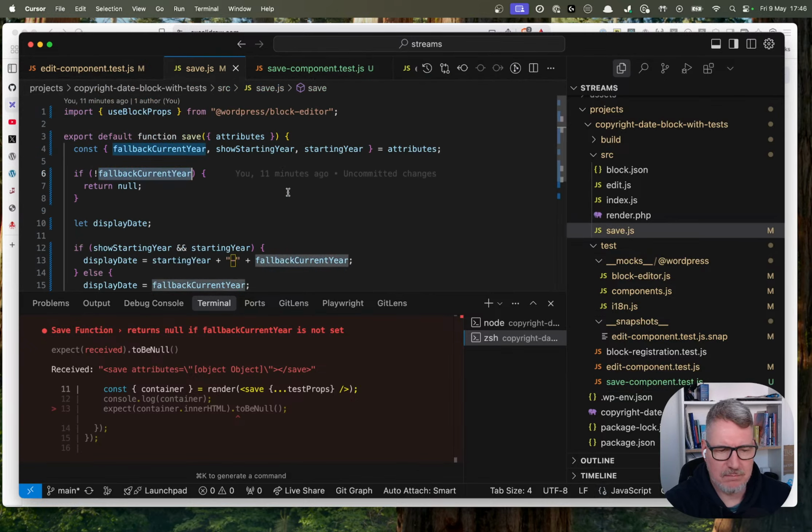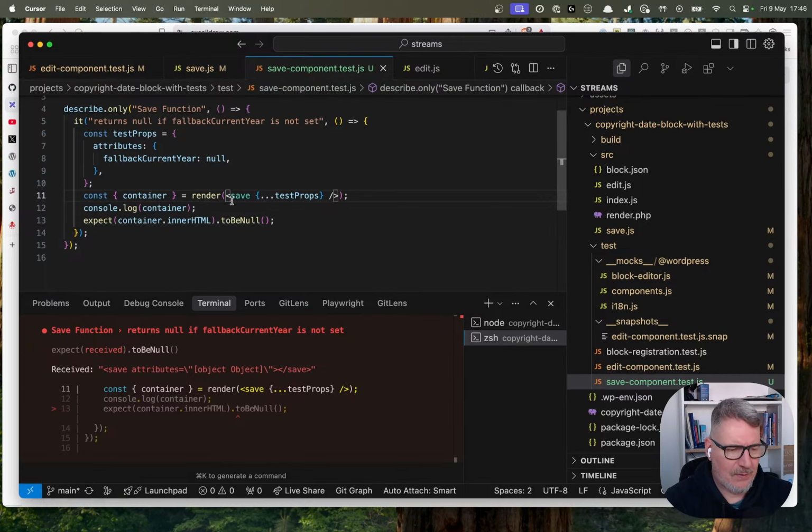Okay, props attributes. Okay, let's do one thing, because I think this is more